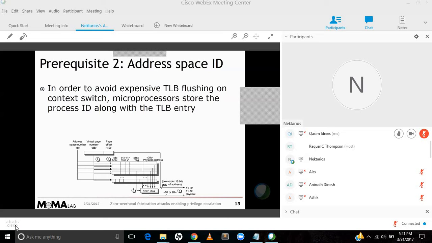Now, the second entry is the virtual page number, as you can see on the top left of that picture. And there is also the page offset, and essentially this table translates a virtual page to a physical page. So using this idea of having address space identifiers and matching every identifier to a process,